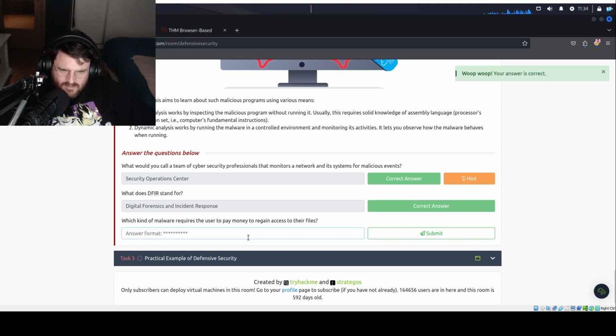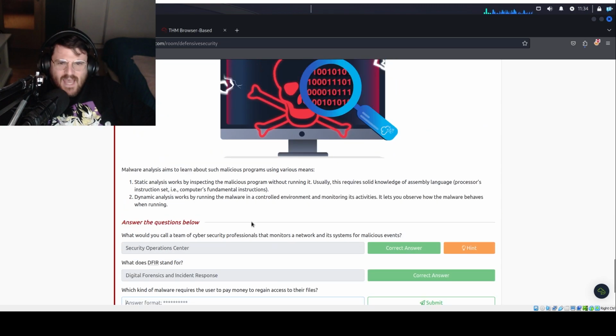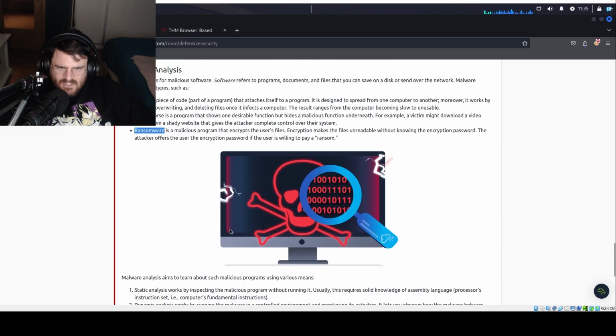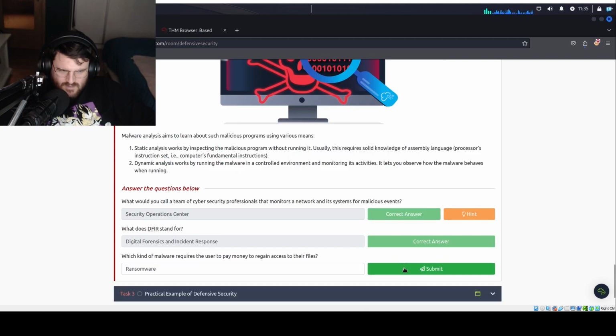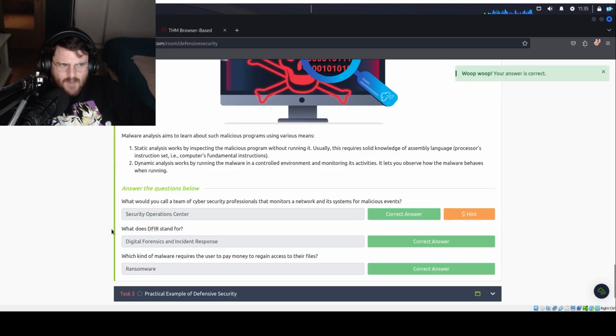What kind of malware requires the user to pay money to regain access to their files? Let's see what happens if we say this. Oh damn, the answer is correct. It would be funny if they changed this one to some random onomatopoeic phrase. All right,